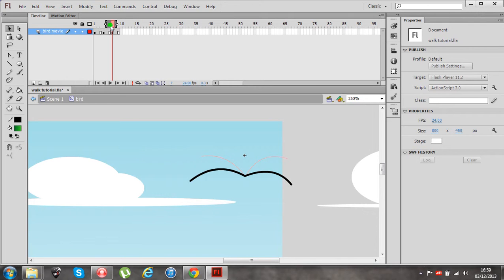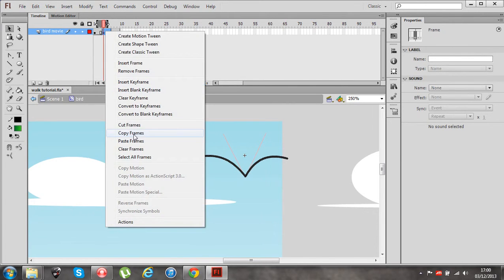Okay, so if we play this, start, middle, end, and then what we're going to do is reverse it so it goes back to middle and then back to end on a loop. So we'll select the middle frames, copy them,